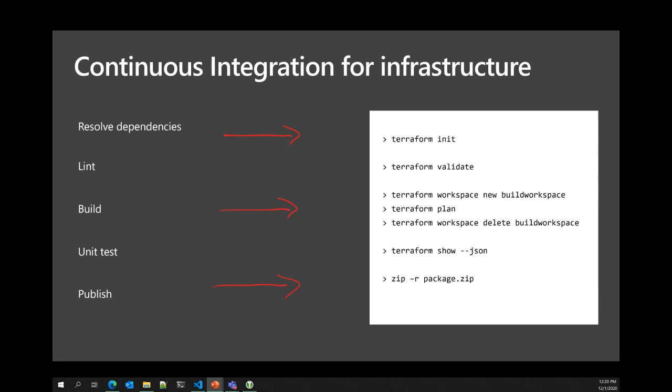It goes out and looks at the core definition that's been created within your Terraform code, and it's going to download any resource providers that you've referenced. So that scenario where I was talking about the Azure RM provider and the specific version that I've referenced, it's going to go out and do the resolution for that provider, find it, and pull it into my workspace. It's going to resolve any modules that I'm dependent upon. So those are those reusable code components that are out there.